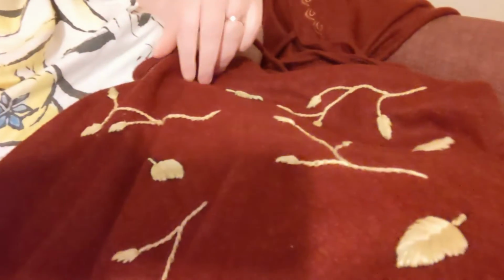So I got some embroidery thread off Amazon. I got it in this gold colour because I was thinking like autumn leaves and twigs, and that would be gold, and I would just embroider it all over and then create a small sort of leaf mantle around the top of it. I looked at lots of different leaves, but I ultimately decided on felt,